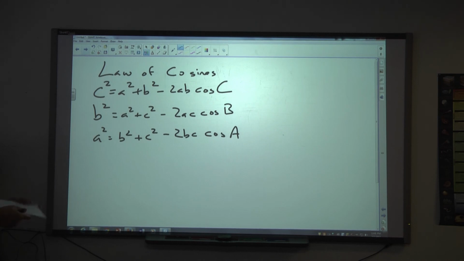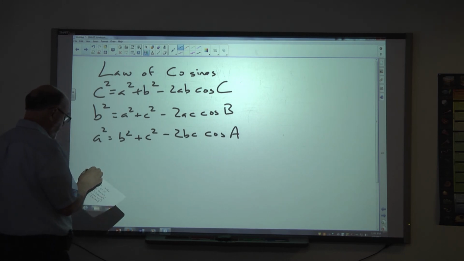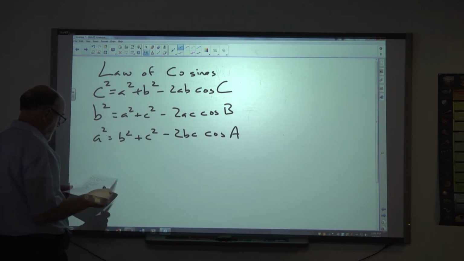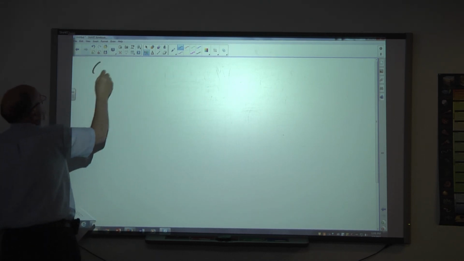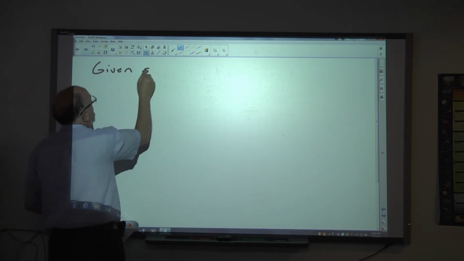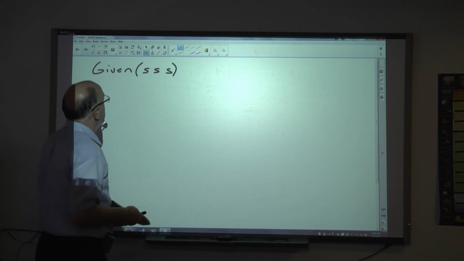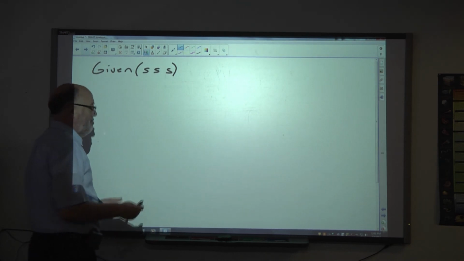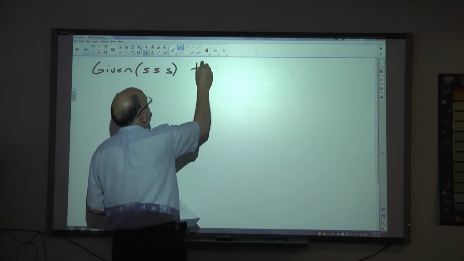So basically this one we're going to use when we either know all three sides or we know side-angle-side, right? So we'll go through the two cases. Let's say, for example, you do one first, given three sides, so given side, side, side. Now in order to do this type of question, there are some rules that you have to apply. And so given side, side, side,